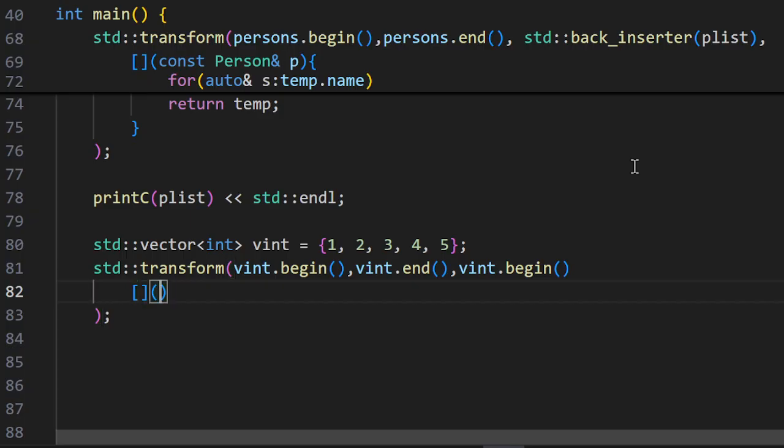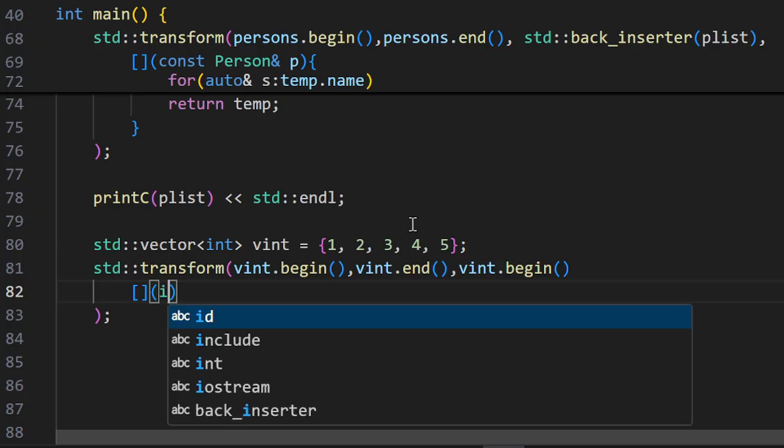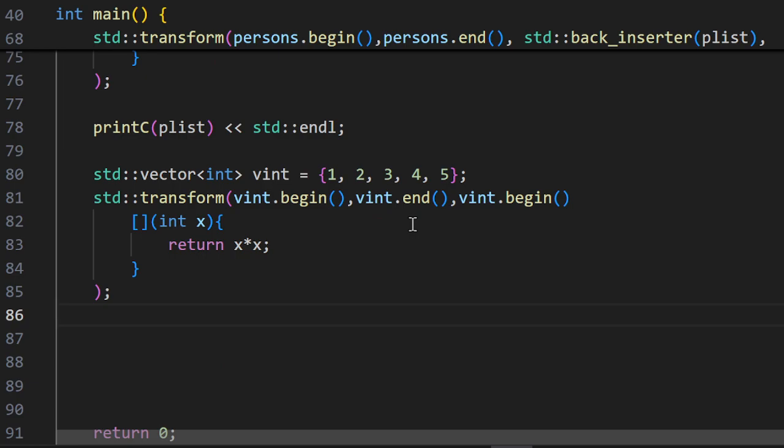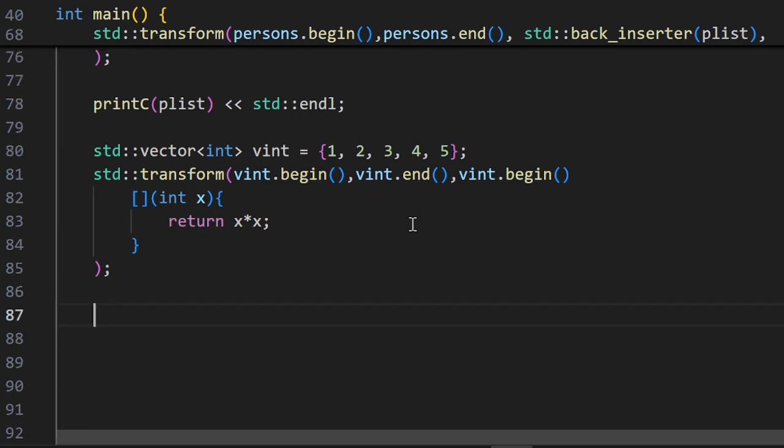If you want to do squaring of these numbers and replace the original number by the square numbers, then you can receive integer and then you return a square. Now you can print